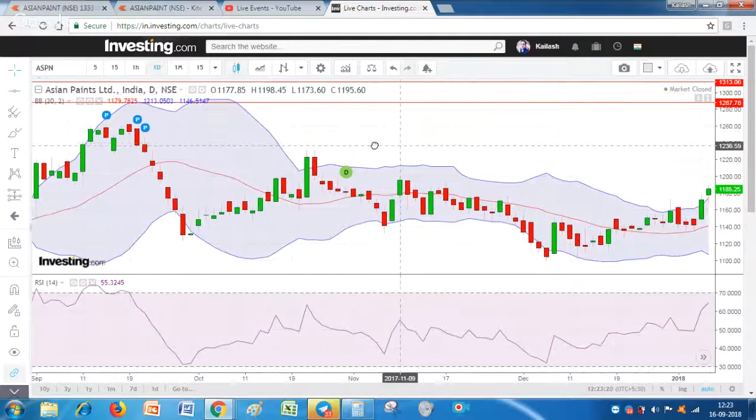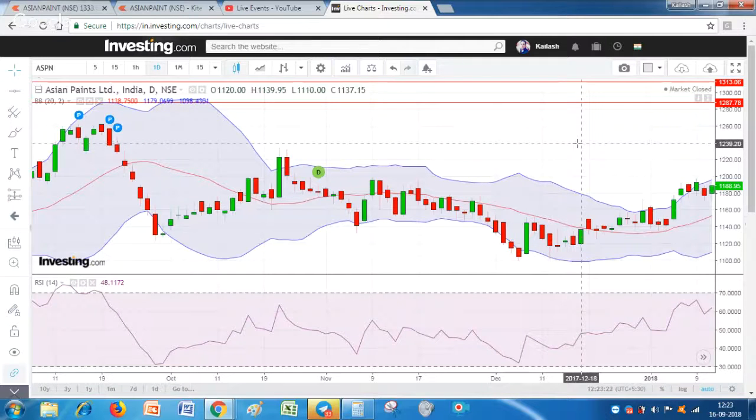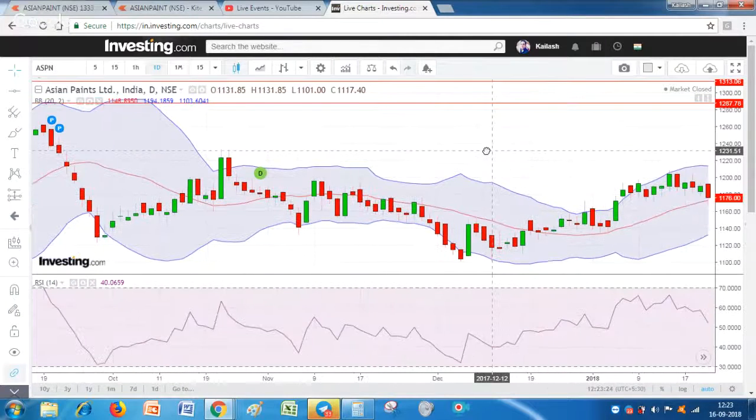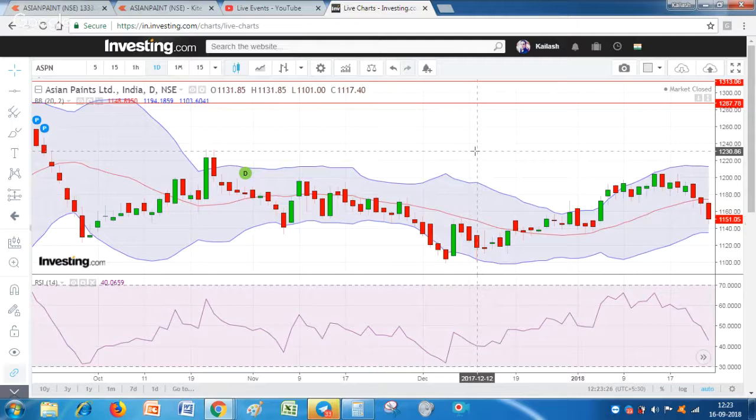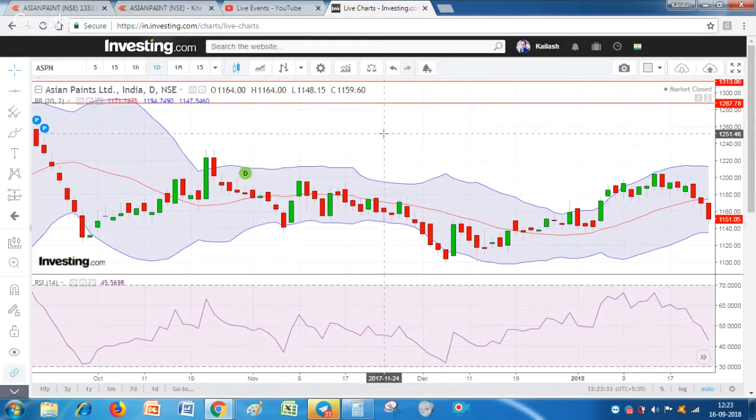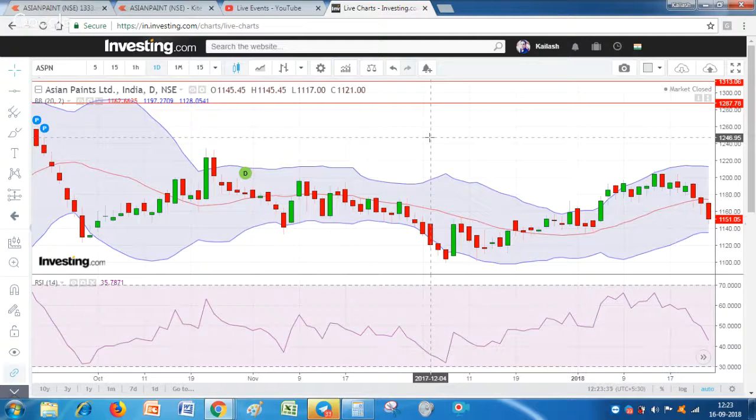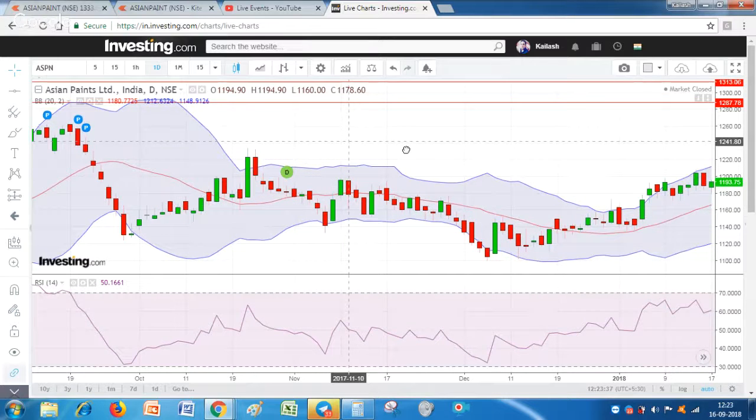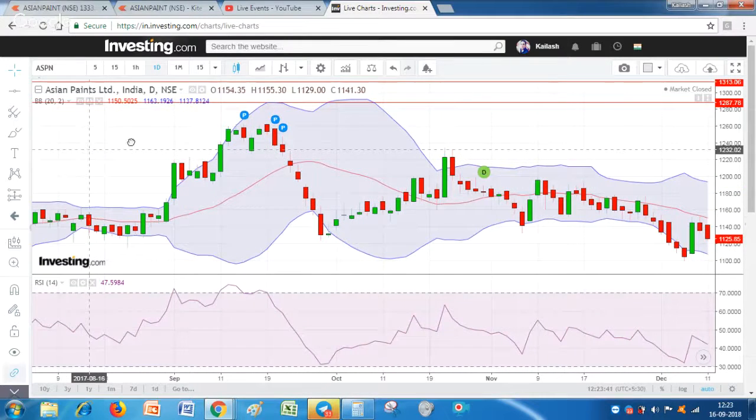Because I have seen many people, after they lose big money, they come and say, sir, will the stock rise? Is there a reversal? Is there any possibility that I can average the stock? They think in different ways. So friends, don't ever average the losers. Don't ever average the losers. A loser can give us more losses.